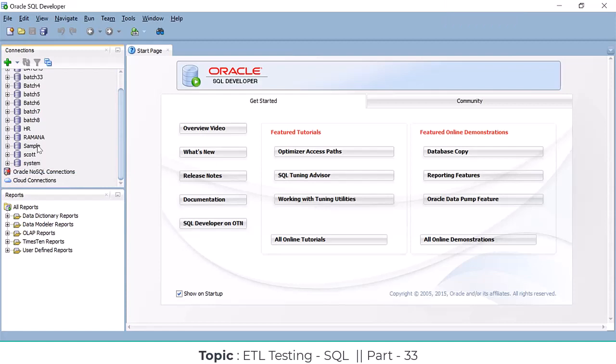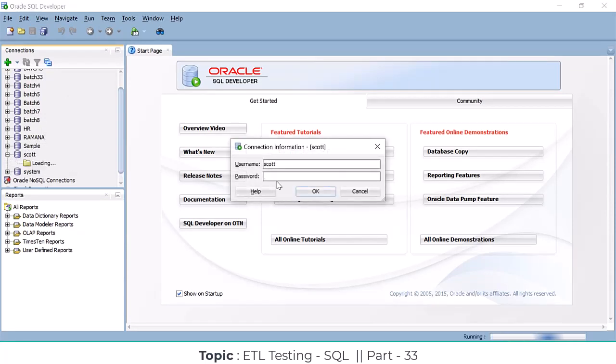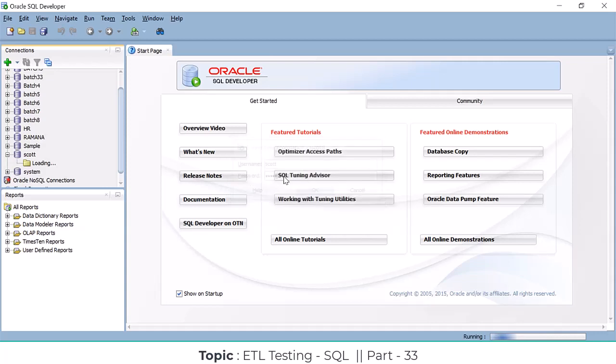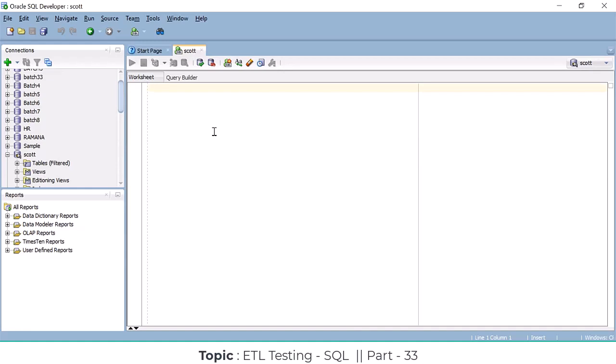Okay, so these are the different users under Oracle. I am going to connect to one database. I am going to give DESC EMP. One table is already available. DESC is nothing but describe. If I execute this,